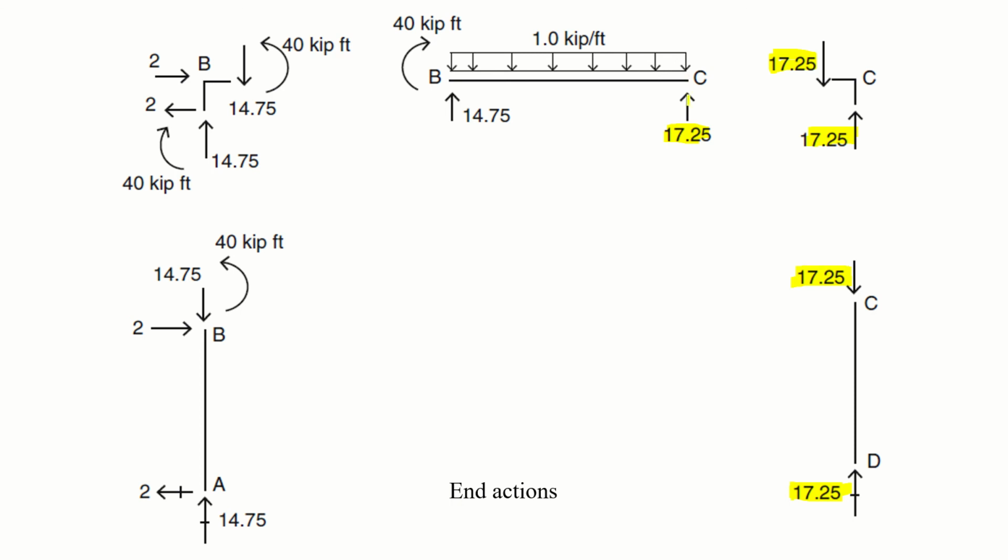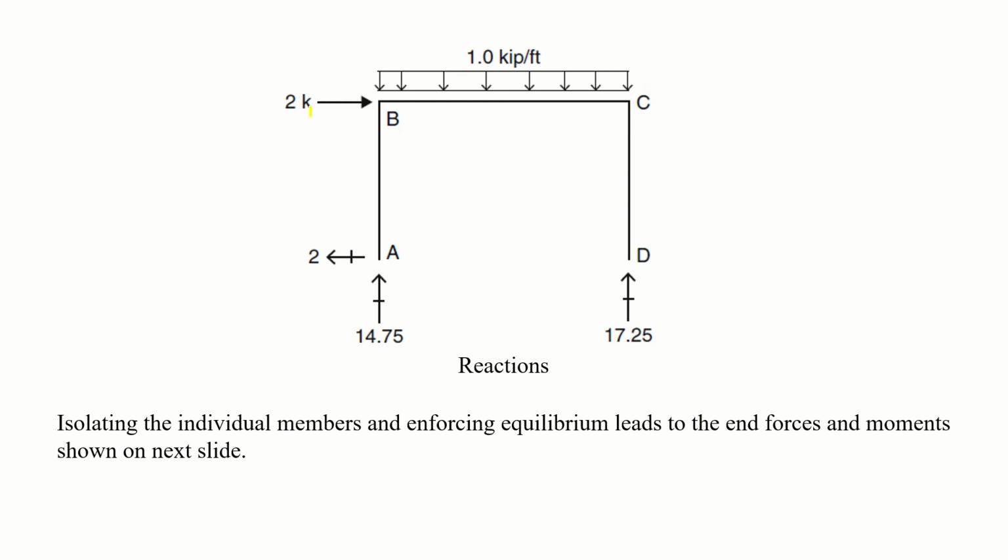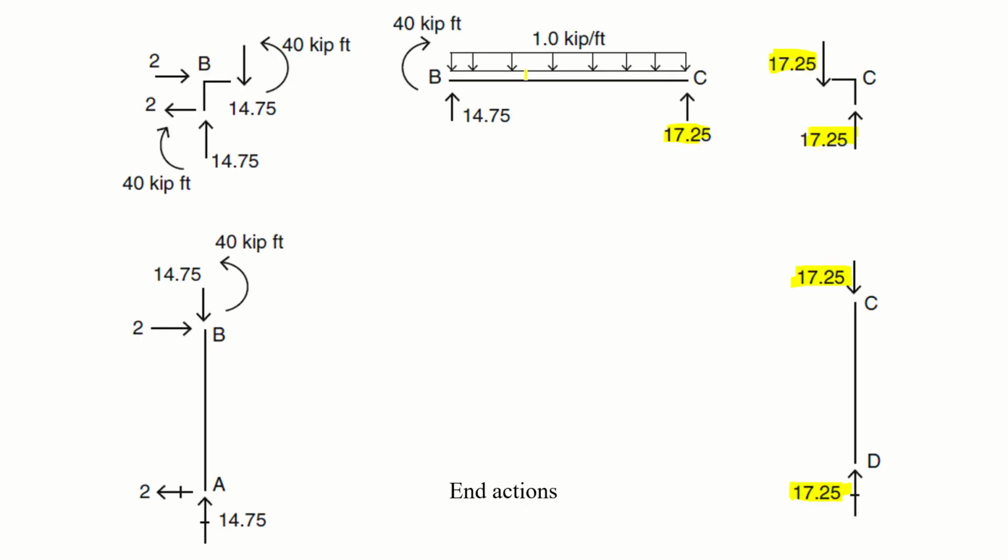Now at point C in the beam, there is 17.25 upward. So you have basically shifted this reaction to this point, because the load is applied in the beam, not in the column. Summation of F of y. Another thing, keep in mind that you didn't apply this external force, because this cannot be resisted by the beam. This has to be resisted by the joint B, and you are still not done with the member BC. Once you are done with the member BC, you have to go to the joint B.